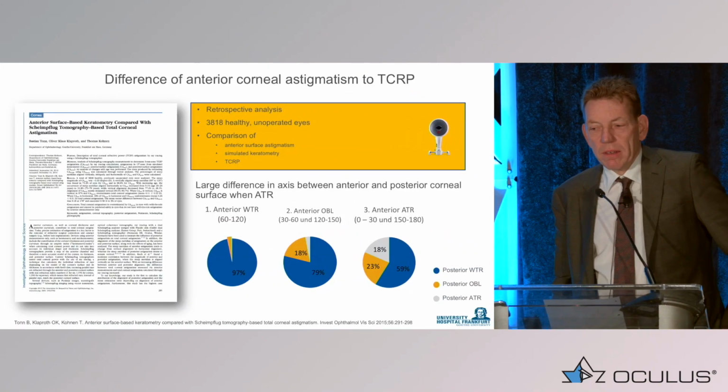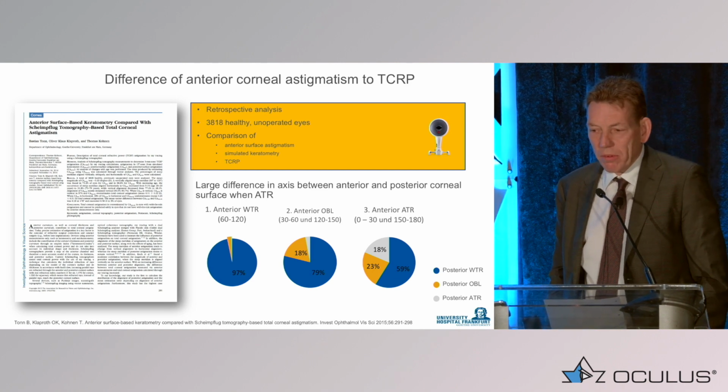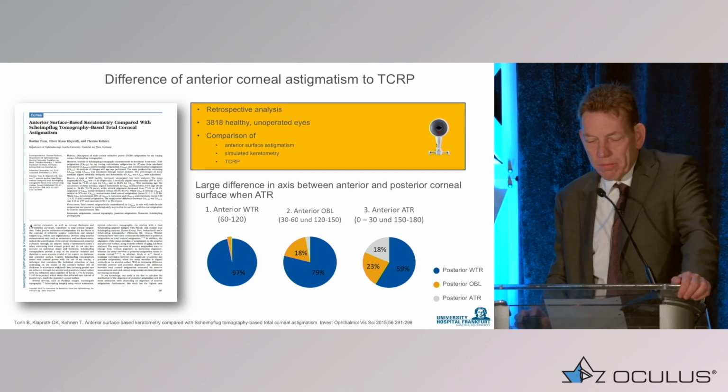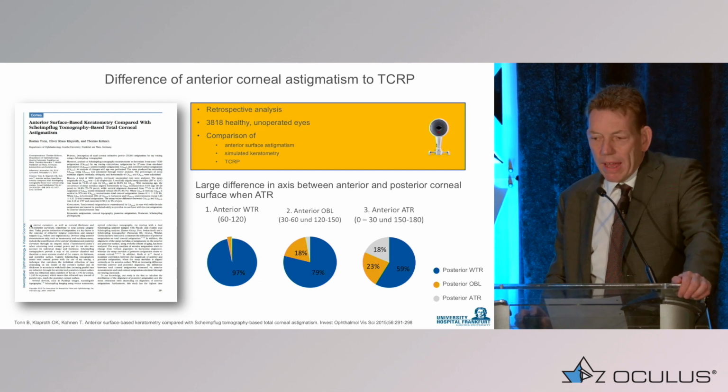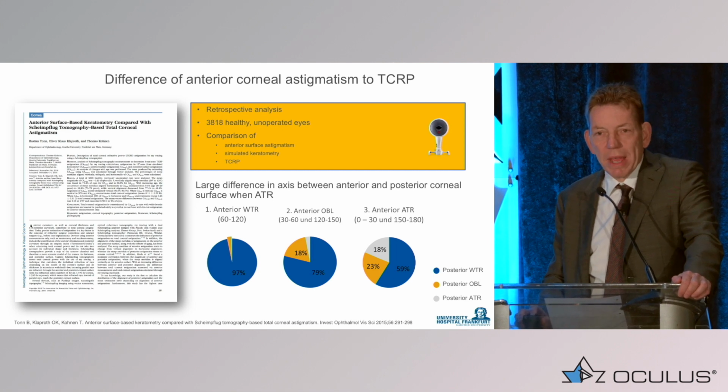Now, we looked at a study, a large series retrospective case analysis with the Pentacam of 3,800 healthy unoperated eyes. We compared anterior surface astigmatism, simulated keratometry, and total corneal refractive power. This was published in IOVS. And we saw a large difference in the axis between anterior and posterior corneal surface when we had against the